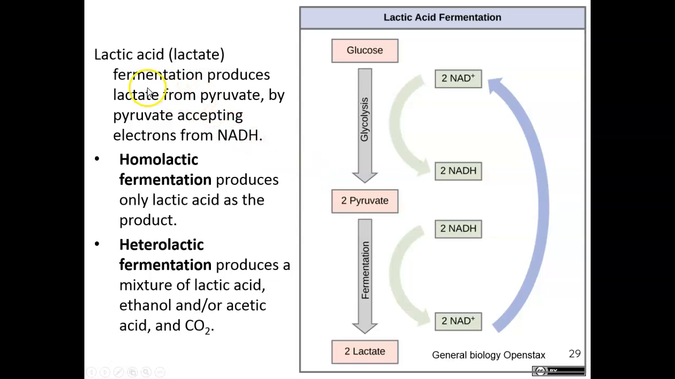So there are two major types of fermentation. There's homolactic fermentation, where the end product is lactic acid. And so this is what humans, other animals, and some bacteria use. They produce lactic acid as their end product. And so we take glucose, we break it down to pyruvate, and then the pyruvate is reduced to lactate in